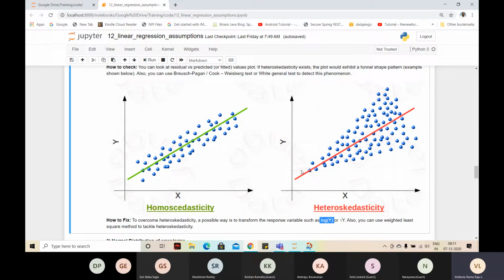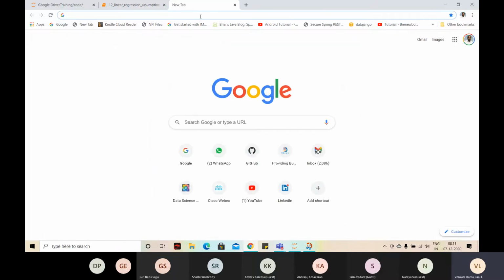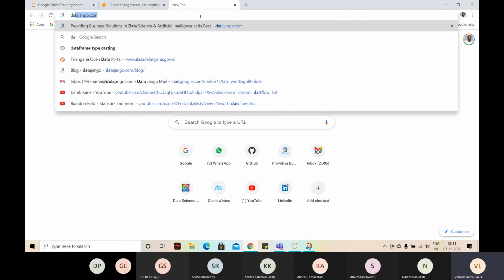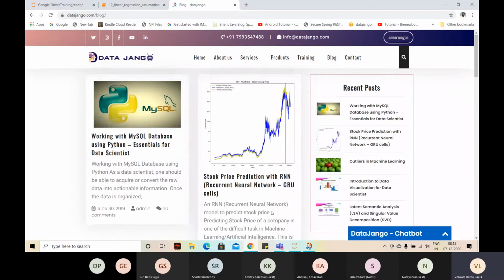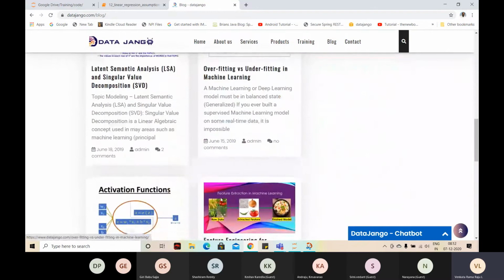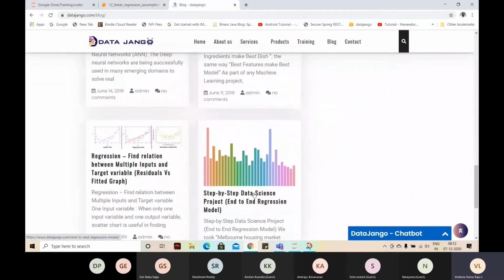So when you apply log transformation to y, you are trying to predict, and when you predict, you get log y. I think I showed you this example before. Let me show you that. On the website we had a blog and I explained that project, a complete end-to-end project execution. In that, we actually were able to find